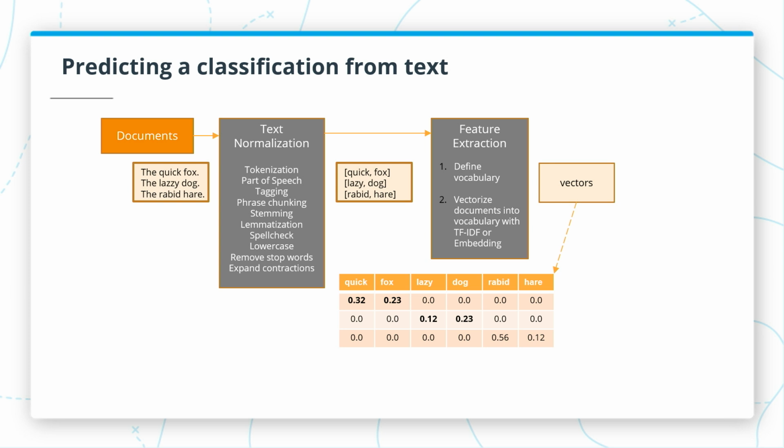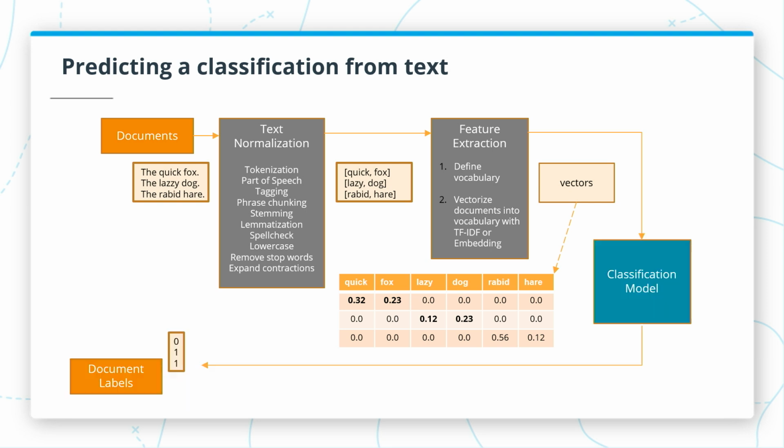you must use the same vocabulary as the one that has been used through the training of the model, because otherwise the two of them won't match and your predictions will be off. But apart from that, you can again use the same embedding process that you have used through the training process, either via word embedding or sentence embedding or via TF IDF, and get your numerical representation of the new text. And then once you have that, that is just a data set that you need to input into your classification model, and your classification model will produce those labels for the new documents, labeling every single car part as either